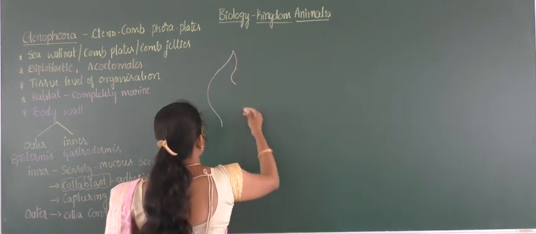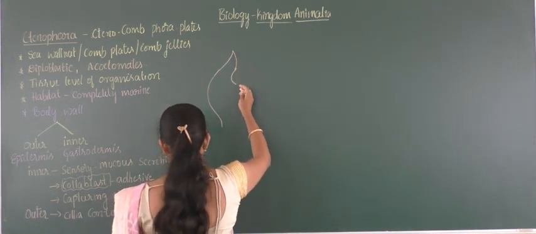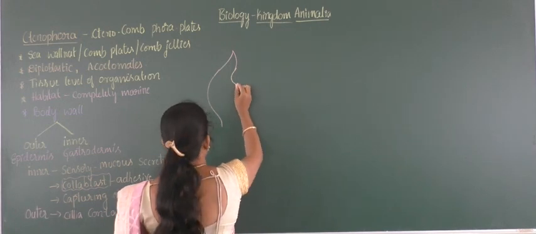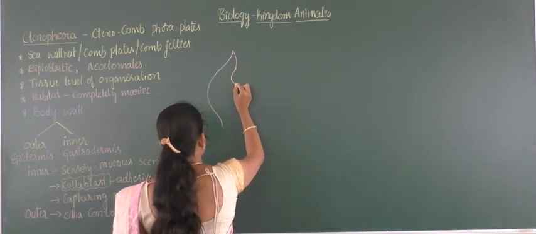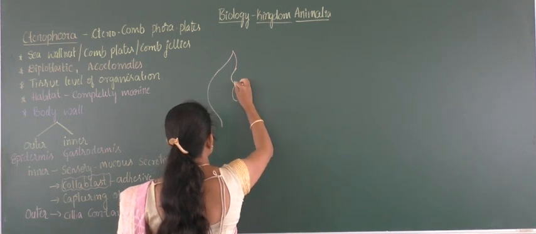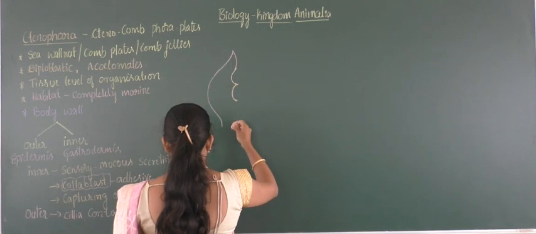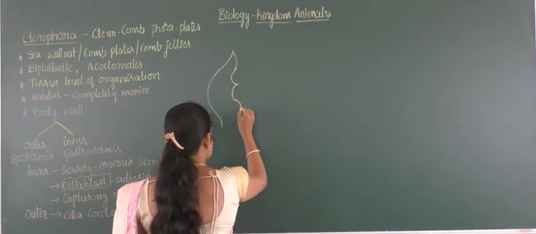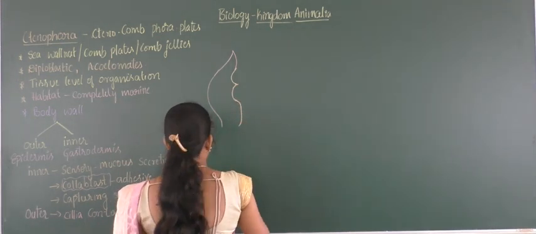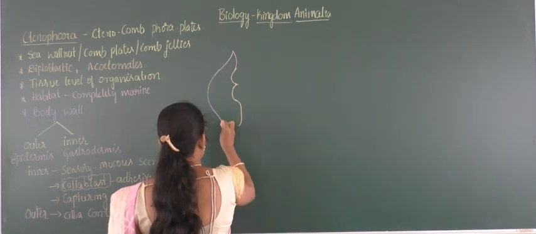I will draw this side also. So this balloon-like structure then makes a semicircular appearance. And again this extends as a narrow tube-like structure and will join at the posterior